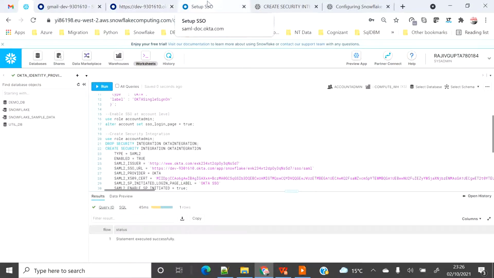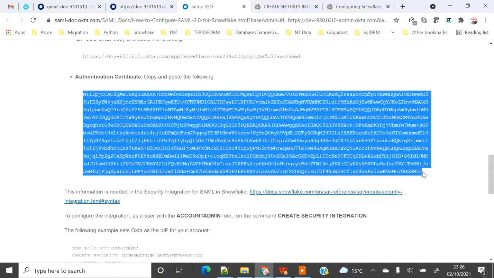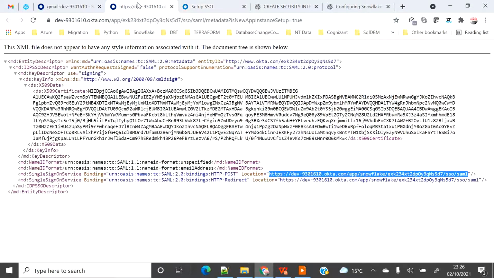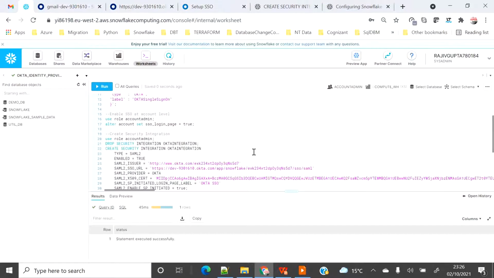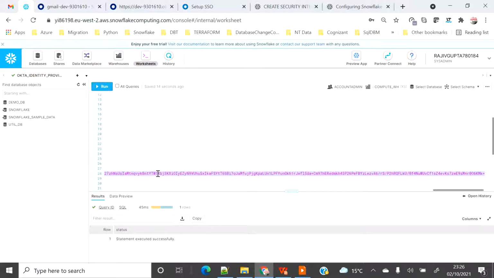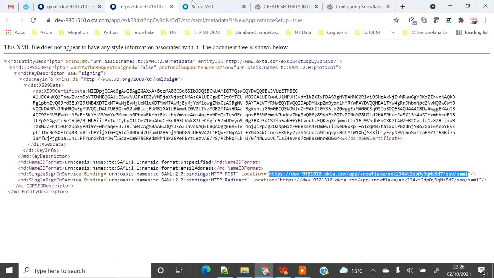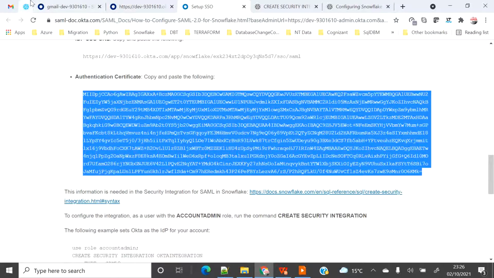For the certificate, I will just go here and grab it from here. This is the same as what I copied from the XML file. Both are the same. I just copied from two different places because it's handy. I just showed you two different ways to do that: you can either copy from the XML file or copy it from here.